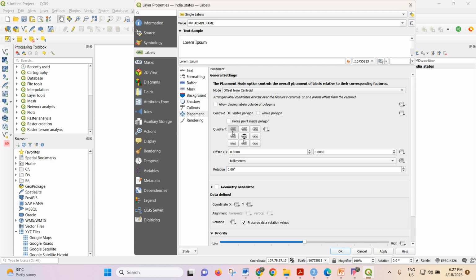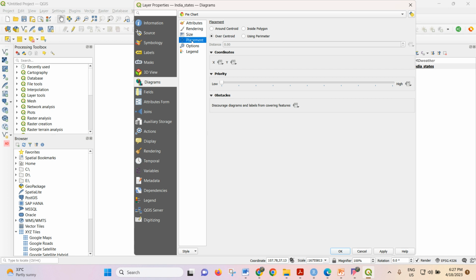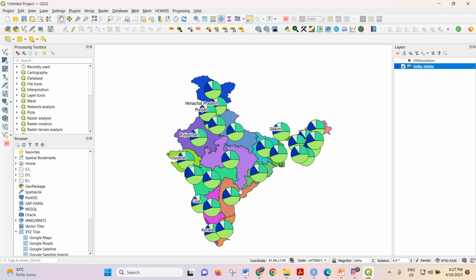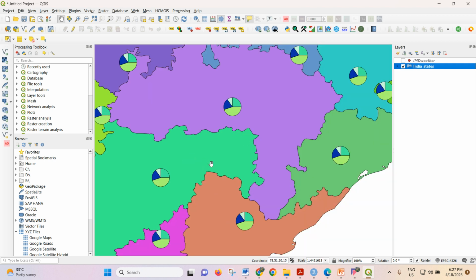I want to keep it not at the center. It can be at a side, like the left corner. So I just gave this option and I'll do apply. For the pie chart also I want to change the placement. So it's over centroid, it's okay. Once I change, no problem. I will do okay. Now you can see it will be appearing